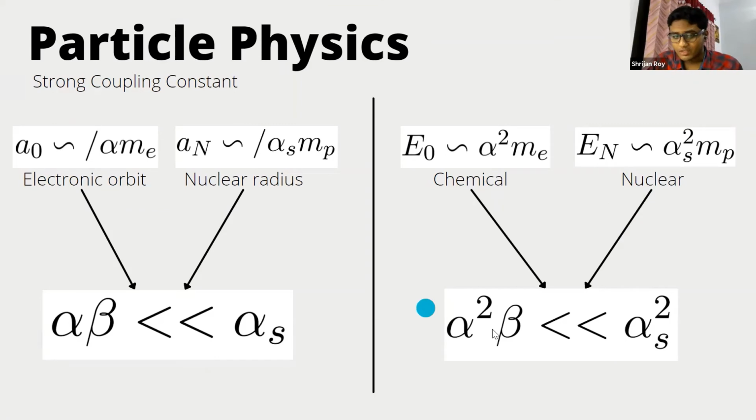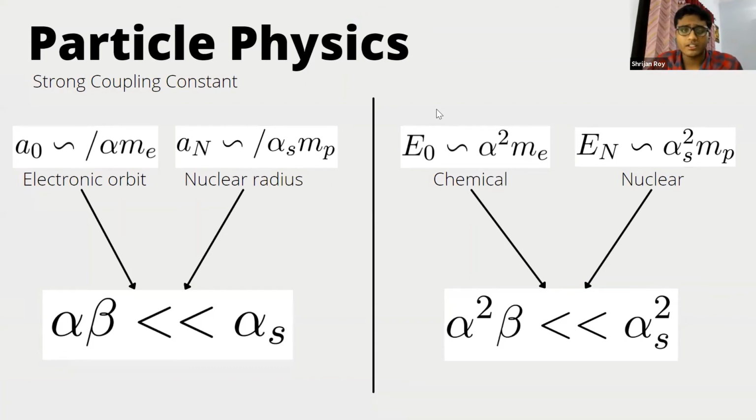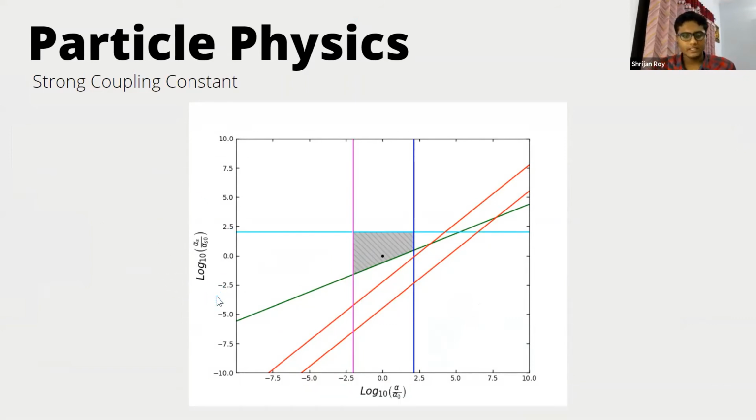So essentially, we would want that nuclear energy is more than chemical energy, so that chemical reactions take place. But these constraints are not too significant, because beta is already there, and the value of beta is already of the order of 10 to the power -3. So, including some more constraints, we make this plot, and you may see that the y-axis is log of alpha_s over alpha_s0, and the x-axis is log of alpha over alpha_0, where alpha_s0 and alpha_0 are the values of the strong coupling constant and the fine structure constant in our universe, and alpha_s and alpha are in some other universe. So we take the log to compare the order of magnitude they vary.